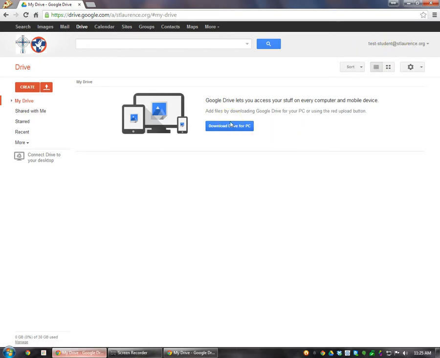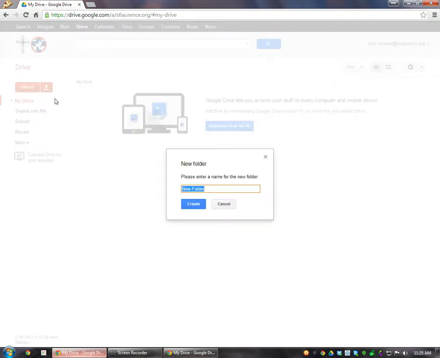This is the Google Drive for the test student, and to do this, what we're going to do is click on the Create button over here on the left-hand side. We're going to create a folder. This folder is going to be created for each class that the student is participating in. And so in this example, we're going to create a science class, and the student's name is going to be